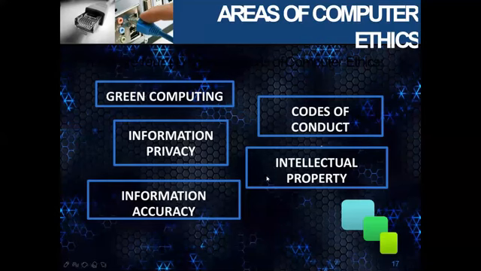There are two types of intellectual property. One is industrial and the second one is the copyright. In industrial, we include the patent and logos. And in copyright, we use the literary work, novels, films, and artworks.